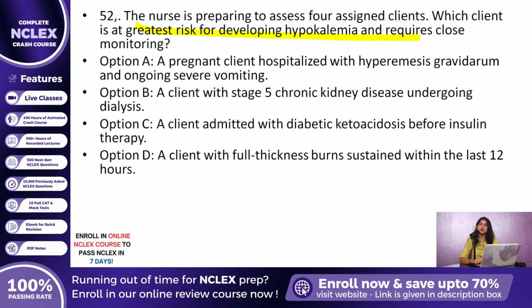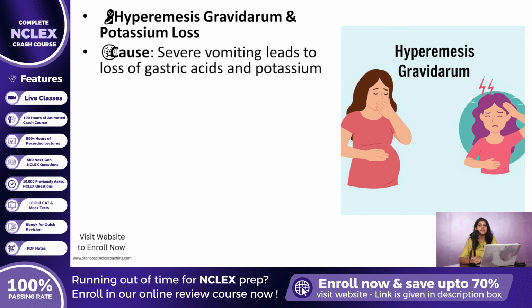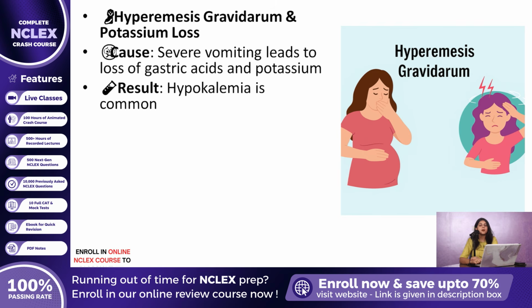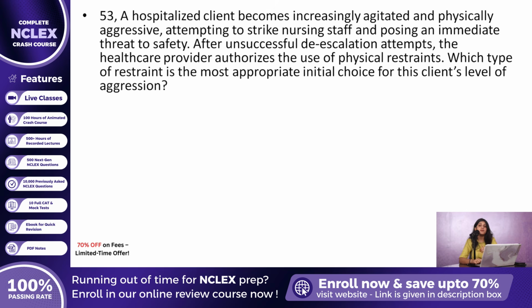The correct answer is option A, a pregnant client hospitalized with hyperemesis gravidarum and ongoing severe vomiting. This is a classic scenario for potassium depletion. Excess vomiting leads to loss of gastric acids and potassium, and metabolic alkalosis can further push potassium into cells, reducing serum levels even more. Let us now move forward to question number 53, which focuses on patient safety and behavioral